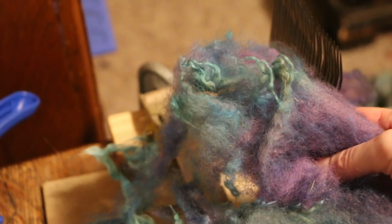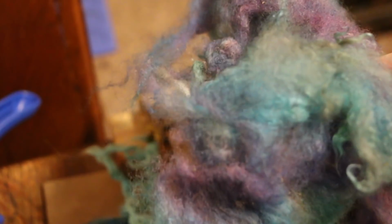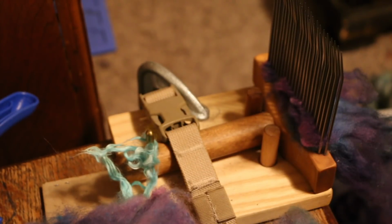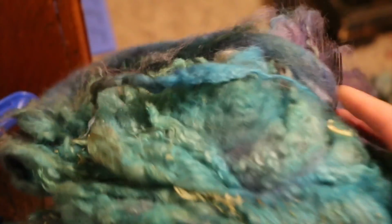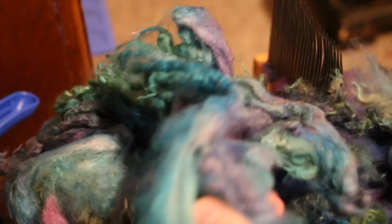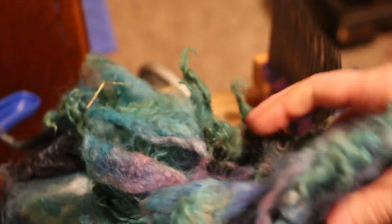So these ones have just a titch of white, just a titch. But I really like how bright the green is. And so I might give this one a pass and let it stick in there. Here's another one that's very bright. I like how bright it is. All the colors are pretty dark. And while there is a little bit of white in there, I think the other colors are bright enough to